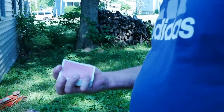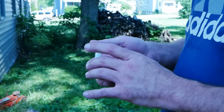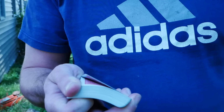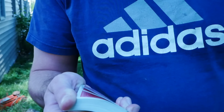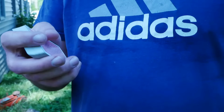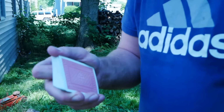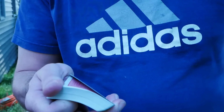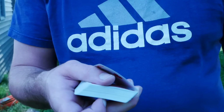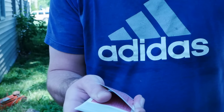Anyway, so what we're doing to get this card over, let's go through this in a little bit of detail. This is just practicing with one single card first. What you're doing is a thumb count. You're letting one card come up, or two cards come up. But anyway, the thumb count, you just riffle off one card with your thumb. You hold the deck in a dealer position, sort of, and then you use your thumb. I put my index finger behind and riffle off one card. Then I push my thumb underneath that card, just like that. So again, you riffle off that one card and then push your thumb underneath of it,